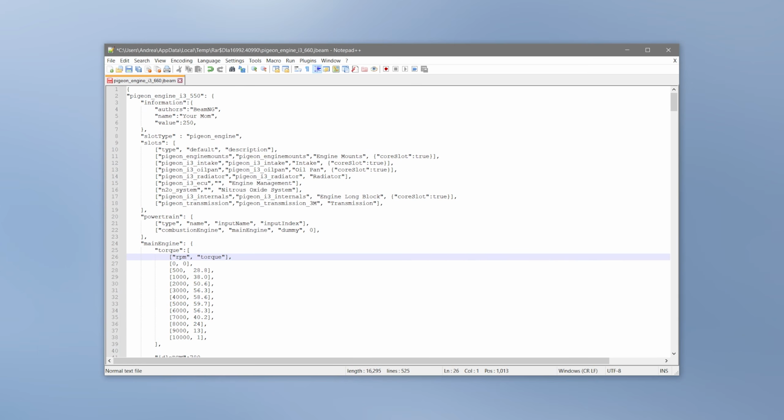So let us begin by multiplying the torque values by 10. If there's a decimal point, remove it, and if there isn't, add a 0. The matrix should now look like this, and the pigeon should now be sitting at around 500 horsepower. To fix that, just add an extra 0 to all the torque values, which should now have us at 5,000